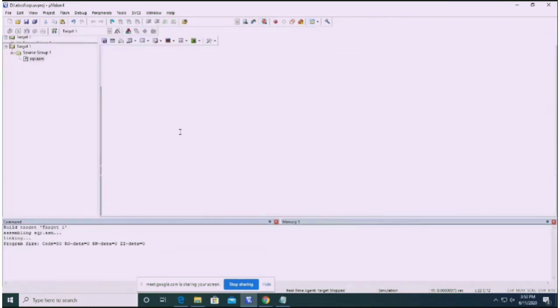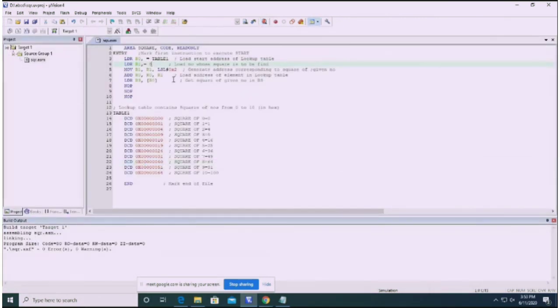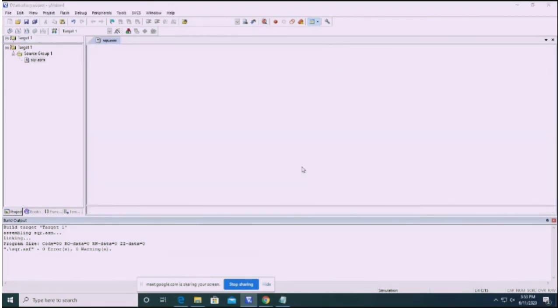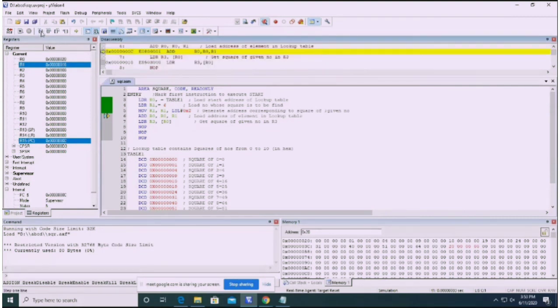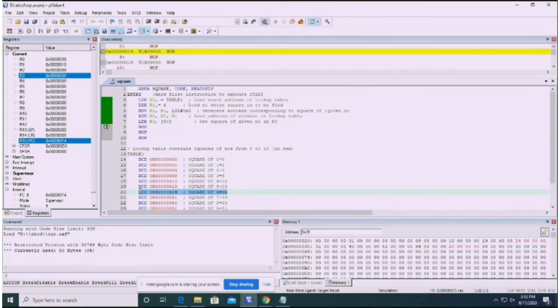So you can change the number to find the square. Where do we need to change? Here. First we have given 8. Now I will give 6 as a value. Once we change anything in the program, we need to save this and we need to build this. Next we will go with debug, and next we will run step by step. We can see that the number we are finding the square for is 6. So for 6, the square is 36, and the corresponding hex value is 24. That 24 number is stored in the result register.